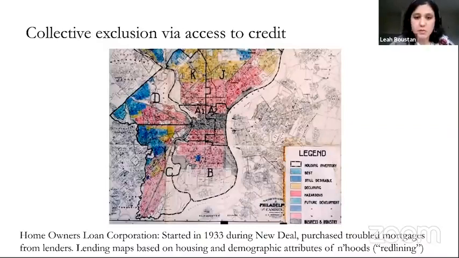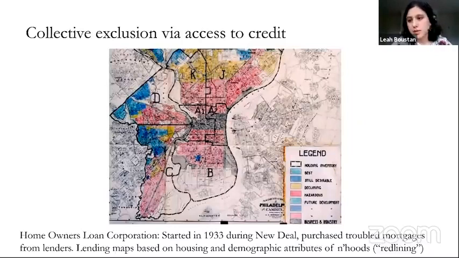The blue areas are designated as being good risks to take based on different attributes of the housing stock, but also of the population of the area. So an area that was racially diverse was more likely to be classified as yellow or red. And the question in the Aronson et al. paper is: